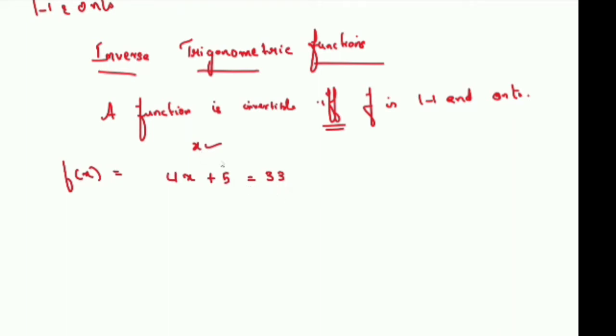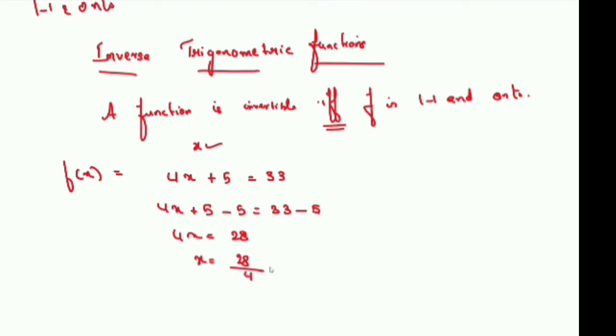Now I want to find the original number. So we reverse the operations. You added 5, so we subtract: 4x = 33 minus 5. So what do you get now? 4x is equal to 28. You have multiplied here, so you divide. This is a simple thing you all know. So x is 7, the original number. So we are able to find the original number. X is the input, and we found the input is 7.